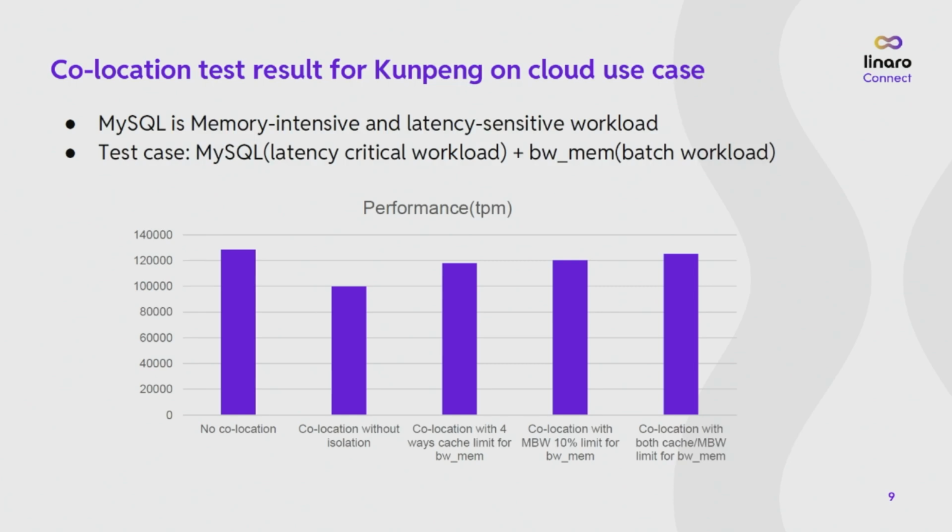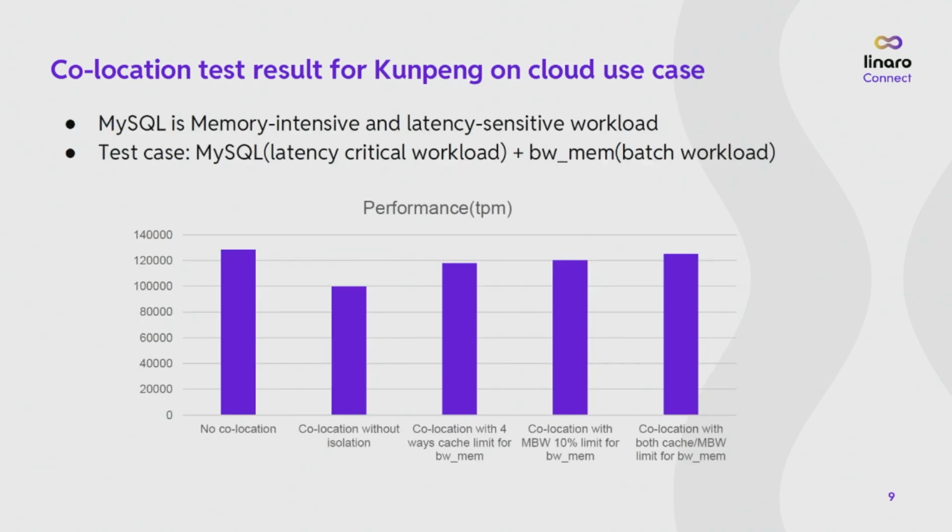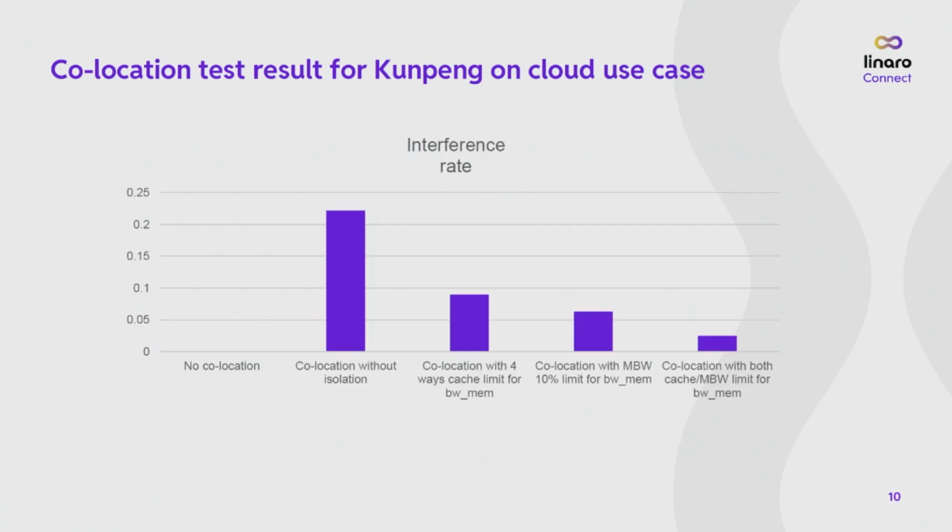So actually, this is a little bit of a drop compared to the original one. So actually, MPAM really works for the real workload. Okay, so here's the interference rate. I mean, it's the same as this one. So not only for the performance, but also to say, okay, the customer can accept the data recency, right?